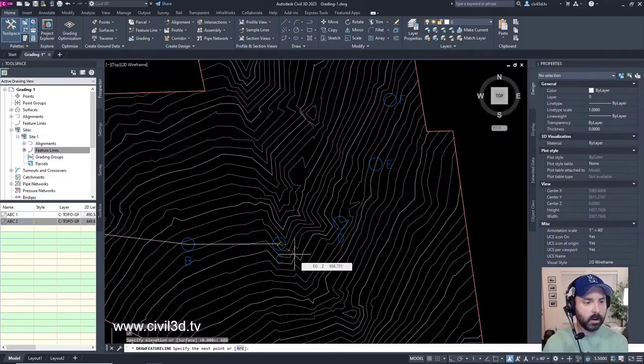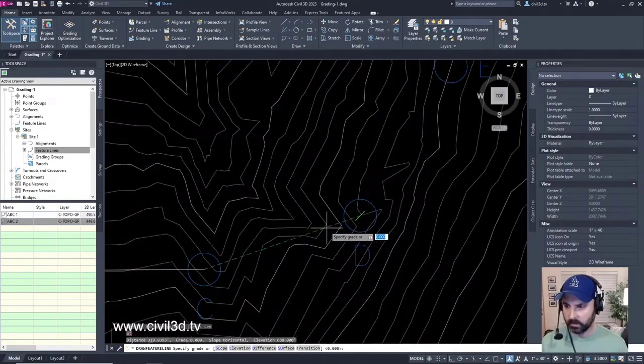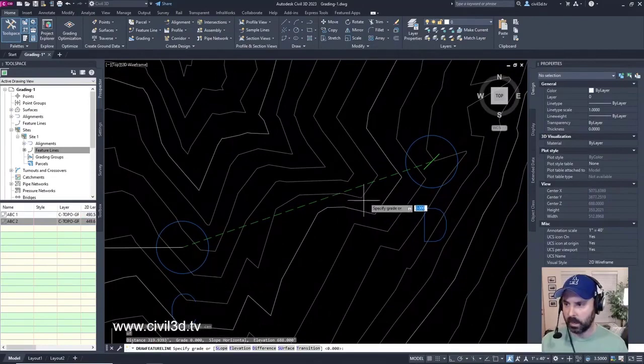Now you have a known value for a starting elevation. In the following steps, you'll use the transition command to defer entering elevation values at intermediate points along the feature line. Okay? So we'll stretch the feature line to click inside of circle D. You see we have this little dash line that shows up. You can even see right here what the distance is from C to D.